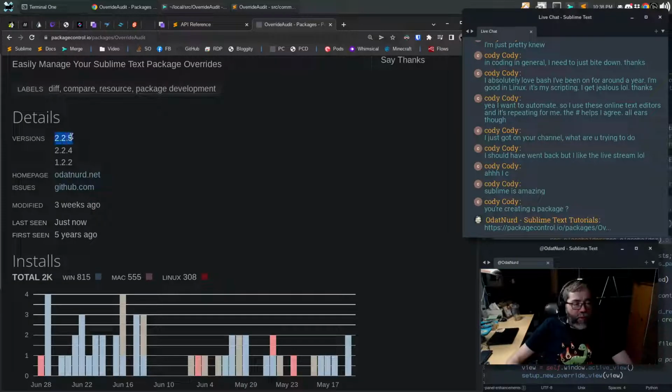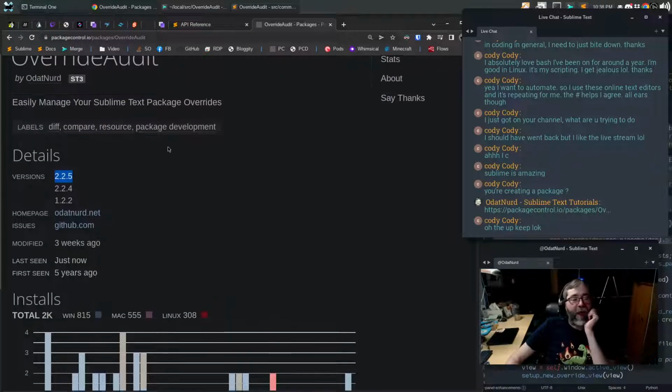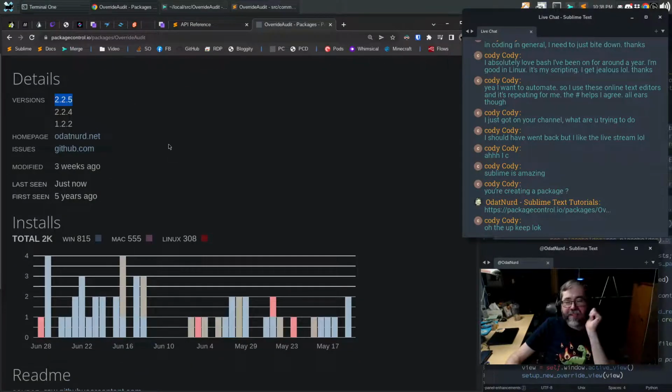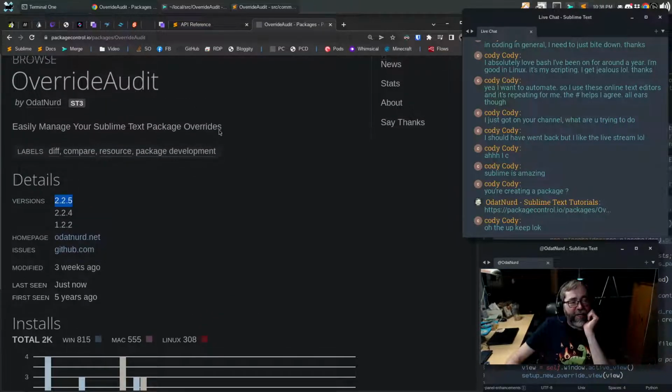We came out with a brand new version with some bug fixes, and now we're making it Sublime Text 4 only so we can take advantage of some new features. Pretty much, yeah. I mean, as it exists, it works, but there's some stuff that I'd like to add to it. But since Sublime Text 4,